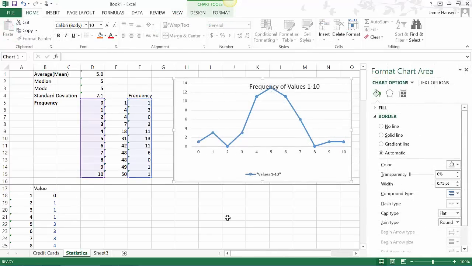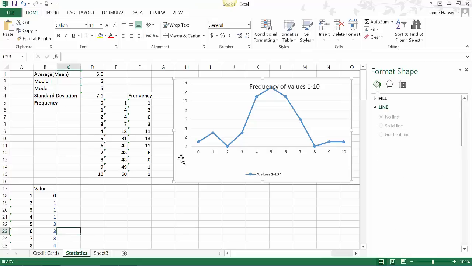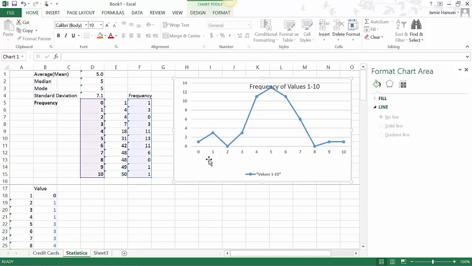So you're going to notice that your chart isn't updating when you change the values down here. And that's because when you copied and pasted everything, it just copied the picture. It didn't copy the data ranges for it. So you're just going to want to right-click on it, select data,